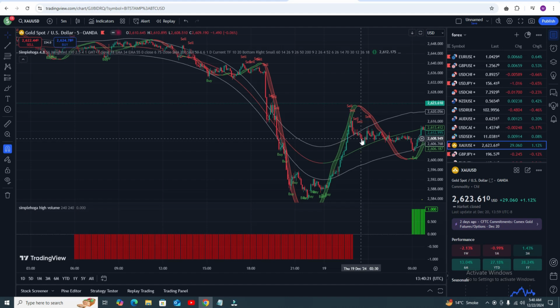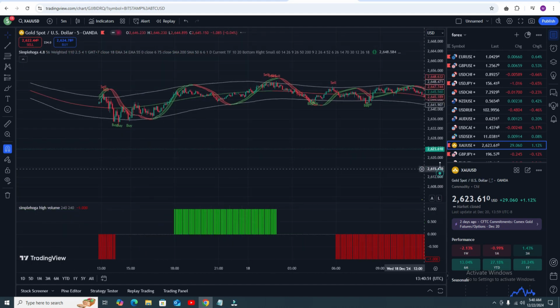Okay, if you want you can put your stop loss on the higher candle, okay, higher point, and you can book your profit here because there is no volume. No volume, that means whether my candle goes upside or downside, we cannot say anything because there is no volume. And hopefully it will follow the signal. When there is no volume you can follow the sell signal or buy signal. It's up to you. Let me give an example.